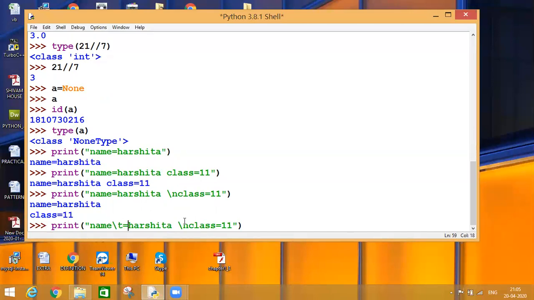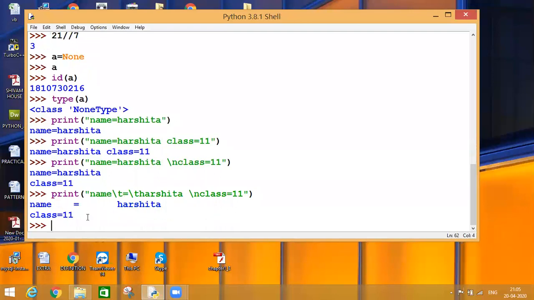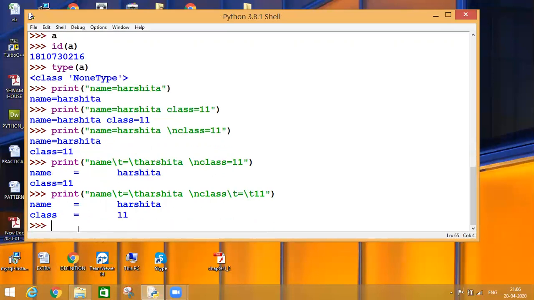And after the equal sign also, it will generate one tab space. So I'll write it again over here. Let's check. See, here the tab spacing is generated. Same I can apply over here as well, with \t before and after the equal sign, and it will work in the same way.